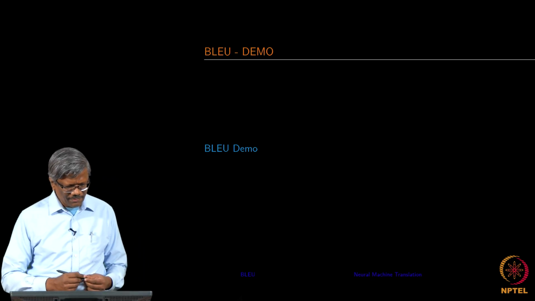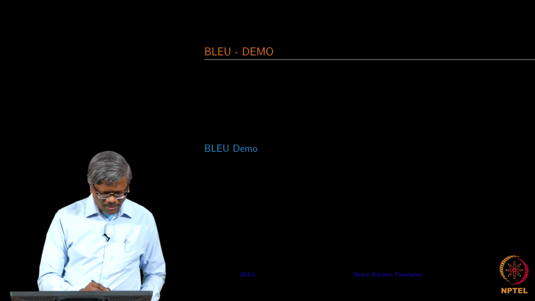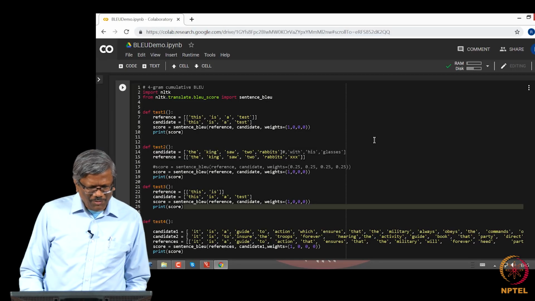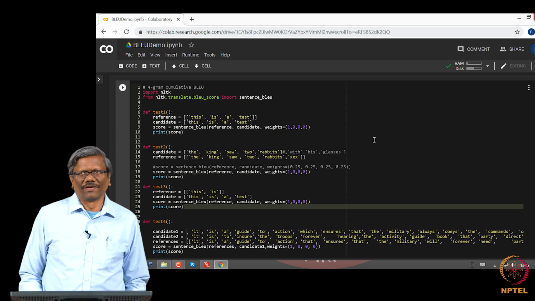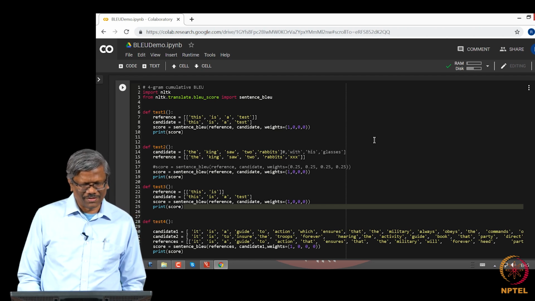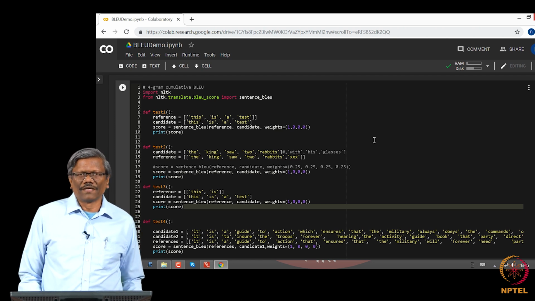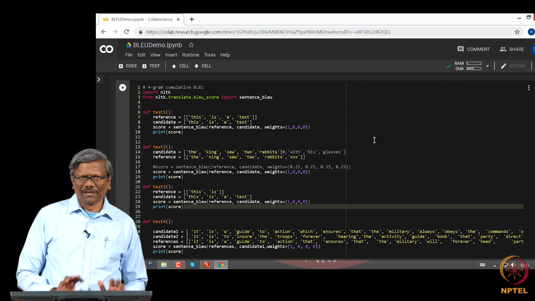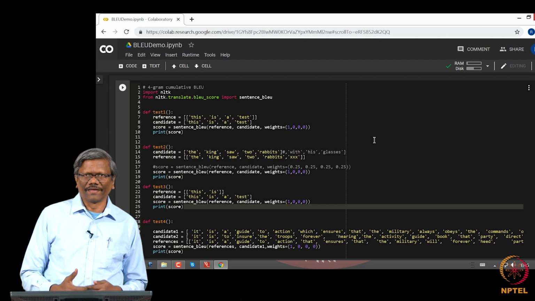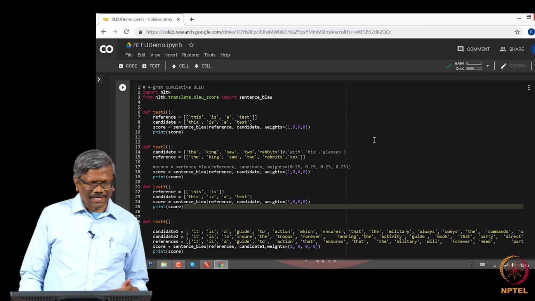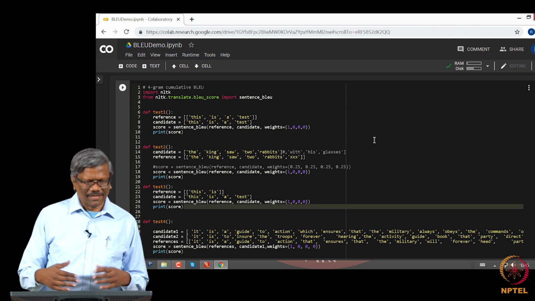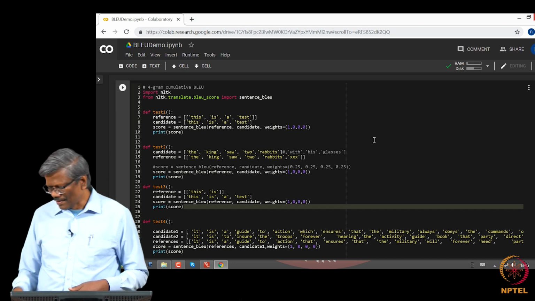Okay, so let us look at a very simple and small demo. The demo will take you to colab.research.com. That is where I have hosted this. It is also available as part of the GitHub that I mentioned earlier. It is a very simple application where NLTK has implemented BLEU for us. It is only a question of writing the candidate sentence and the reference sentence, and then using the library to